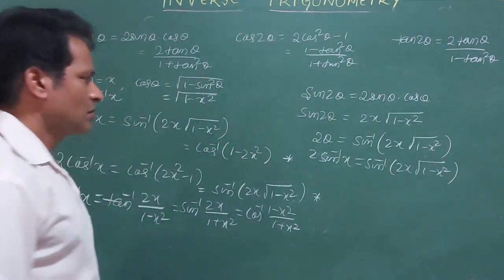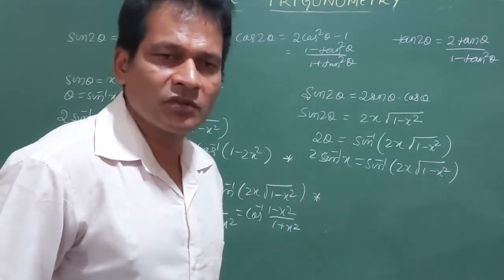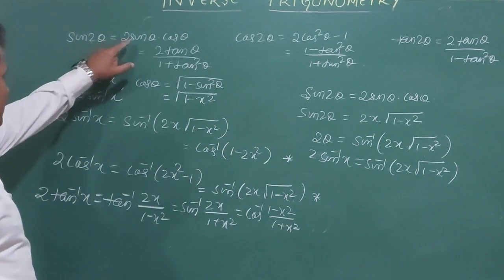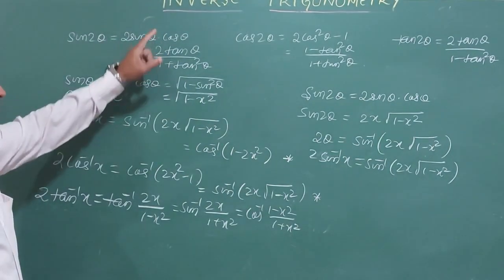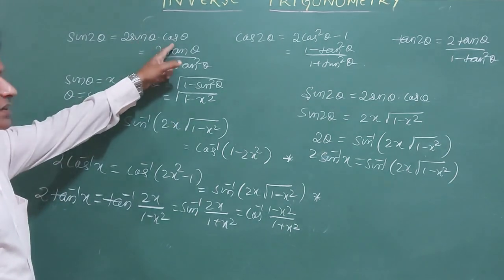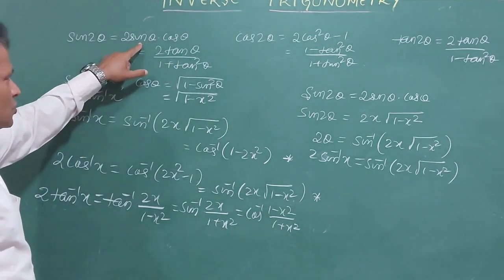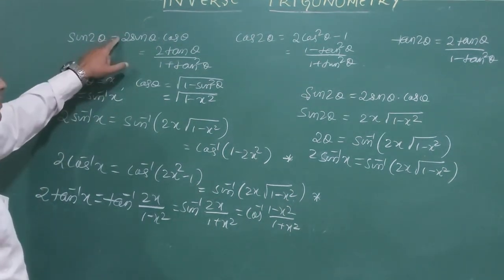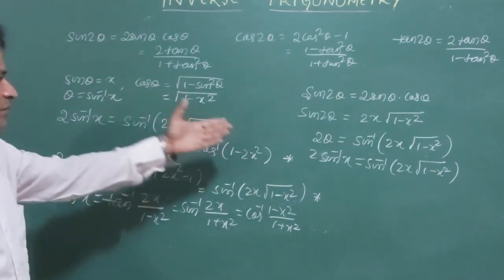So, are you going to derive and write down the formula in the examination? No. You have to link it. From where? Here. Sin theta, if I consider x, cos theta can be written as root of 1 minus sin square theta, 1 minus x square. So 2x under root 1 minus x square. See here. 2x under root 1 minus x square. If it is 2 sin inverse x, outside sin inverse. That's the formula.